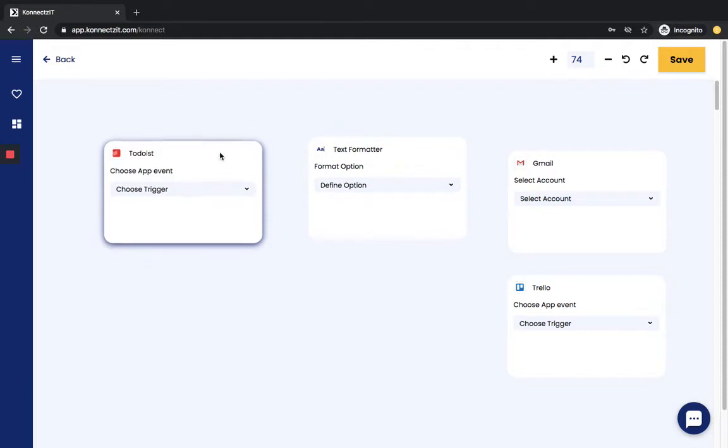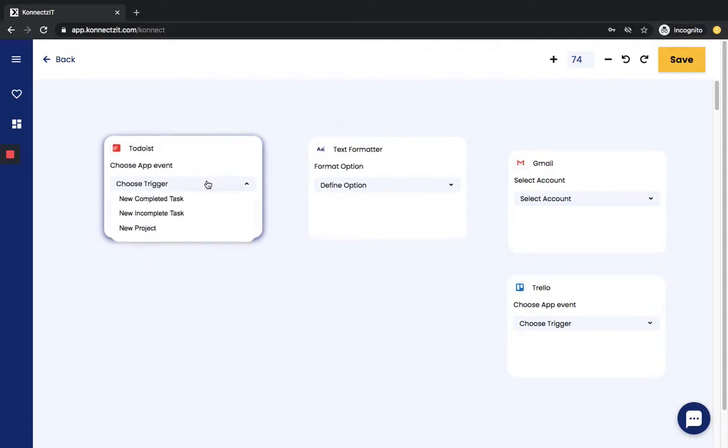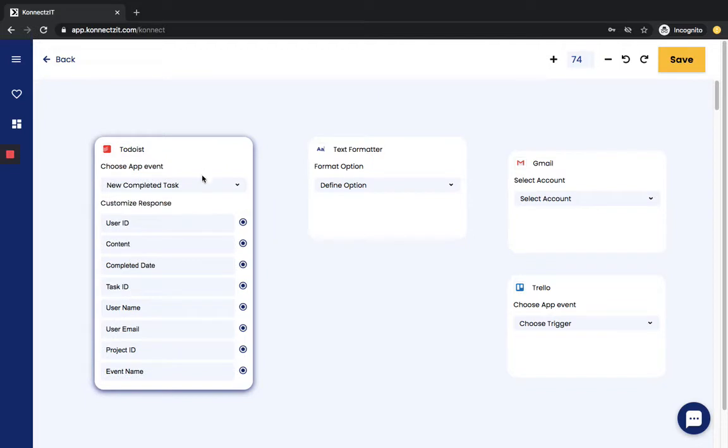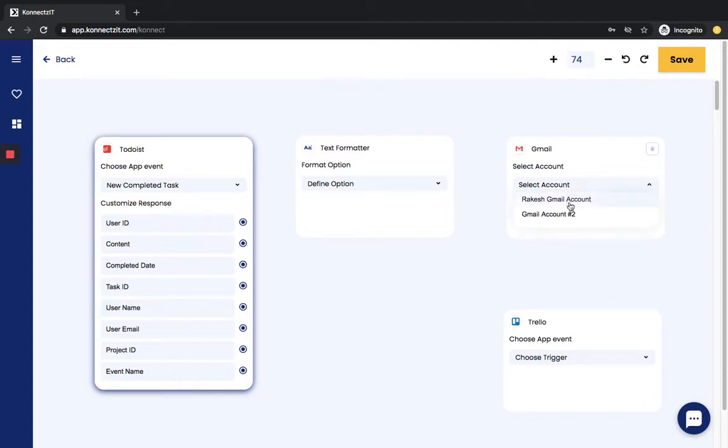First I will start with selecting my trigger in To-Do List as new completed task. You will find the attributes which are attached to To-Do List over here on the left hand side, and I will choose the action as send email.